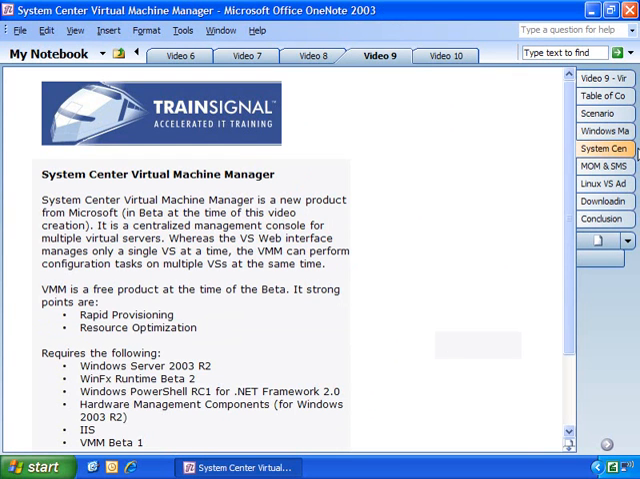All right, so now let's talk about System Center Virtual Machine Manager. System Center Virtual Machine Manager is a new product from Microsoft, and at the time of this video, it's actually in Beta 1, the very first beta. So it's a pretty rough product, but the point of the product is it'll be a centralized management console for